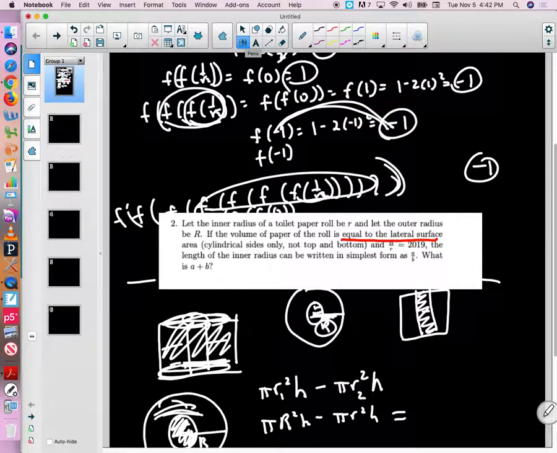The lateral surface area is just like the outside of your toilet paper. So this would be the lateral surface area, the outside, but you also have this inside that has a lateral surface area also. A lateral surface area without the top and the bottom would just be like a hollow can, like a hollow cylinder, and then on the outside of that you have another hollow cylinder. This would be your surface area of the inside and your surface area of the outside. So the surface area,